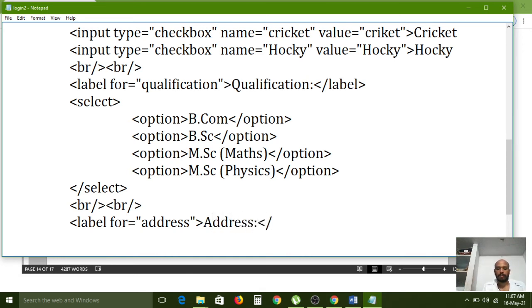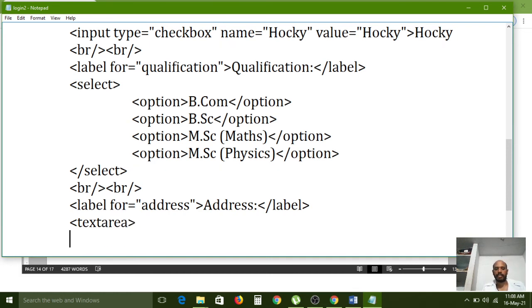And I am closing the label. Here, text area. Text area is a predefined tag, and it is also a paired tag. So that's why an opening tag and closing tag must be required. Understand?